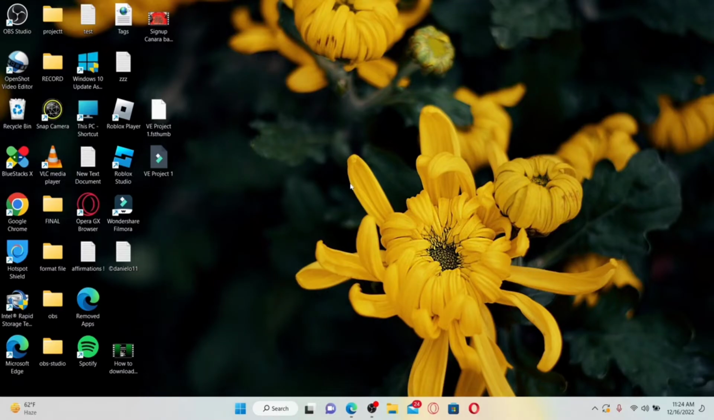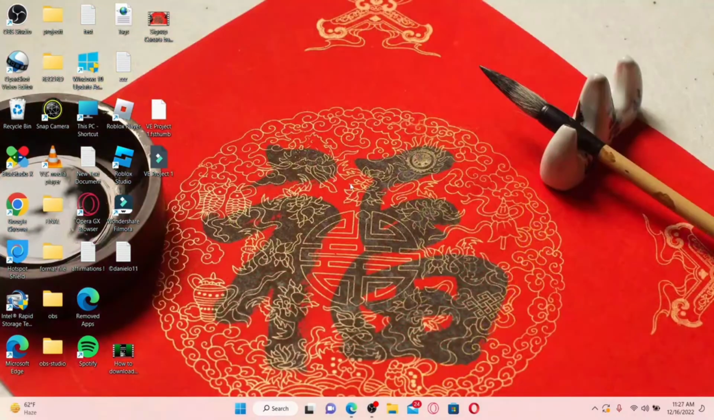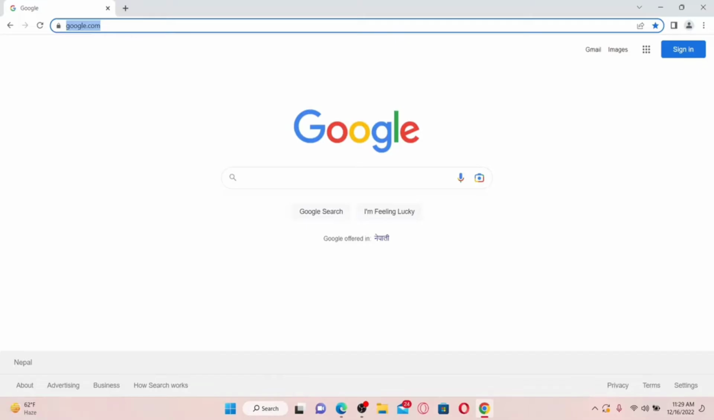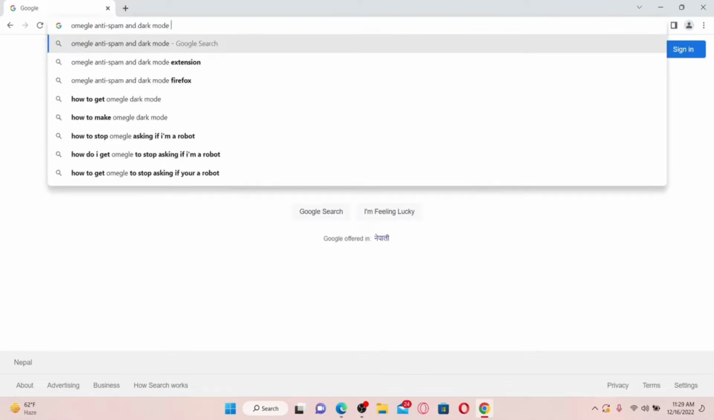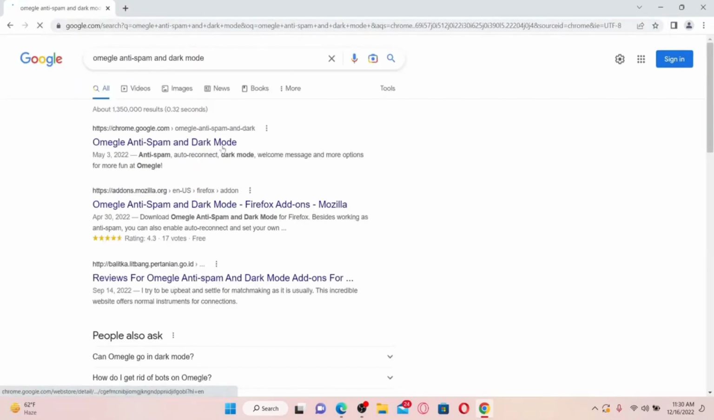How to avoid bots on Omegle. If you're annoyed by Omegle bots and you'd like to do something about it, then the process is quite easy. Simply go ahead and open up a web browser. For example, I'm going to open up my Chrome web browser. In the web address bar, you can simply search for an extension that says Omegle anti-spam and dark mode and perform your search. As soon as you end up on the next page, click on this first link